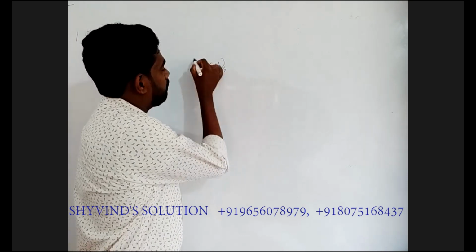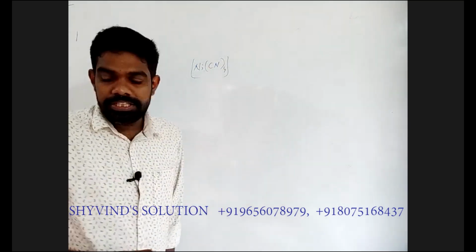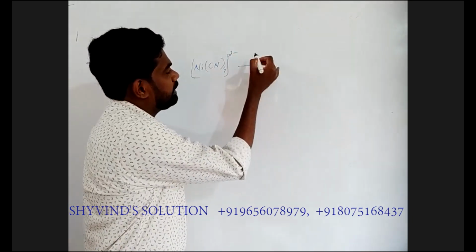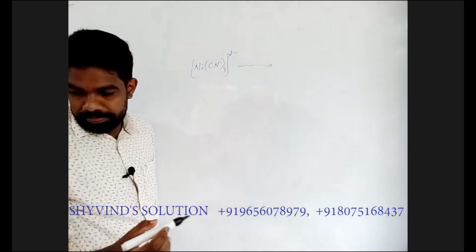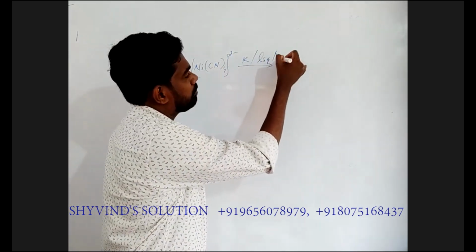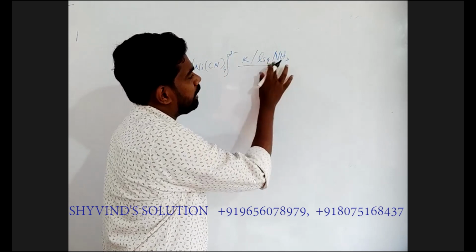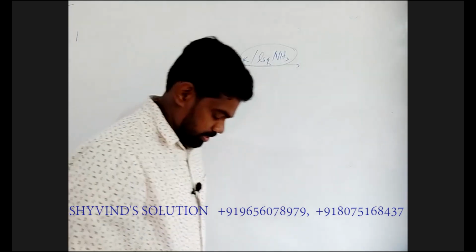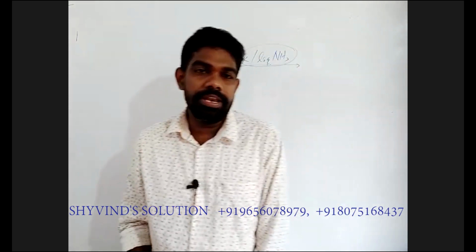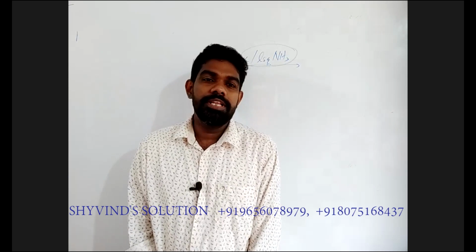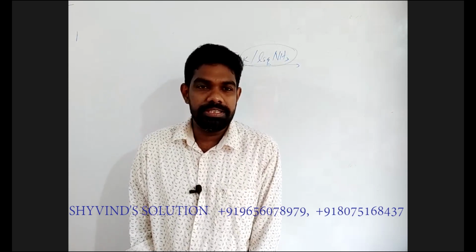Ni(CN)4 2- with potassium in liquid ammonia. Okay. So this combination, we know, is usually used in organic chemistry. This is the condition for Birch reduction. Okay. So that is in inorganic chemistry. Let's take it as a reduction condition.